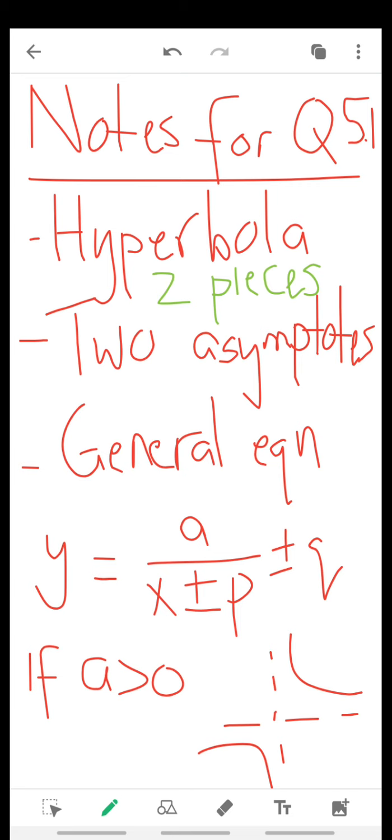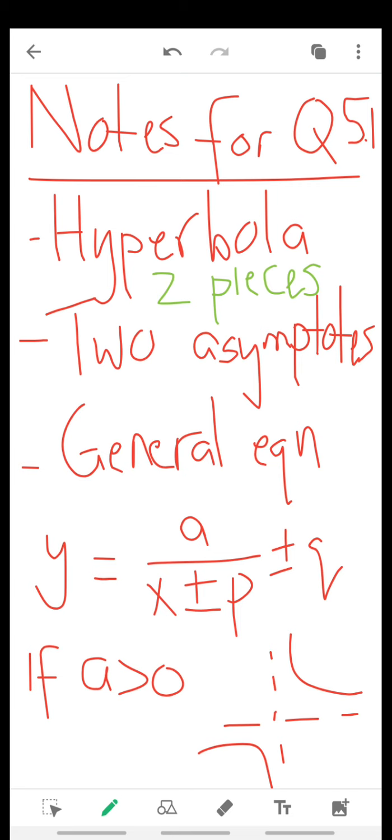A hyperbola is one of the functions that you need to know for your exam as well as for your future assessments. I've discussed before that a hyperbola is a two-piece function, which is separated by two asymptotes, a vertical asymptote and a horizontal asymptote. An asymptote, remember, is a dotted line or an imaginary line that a function will approach but will never